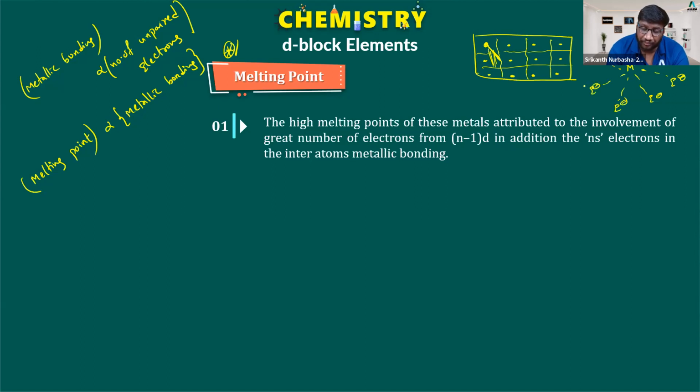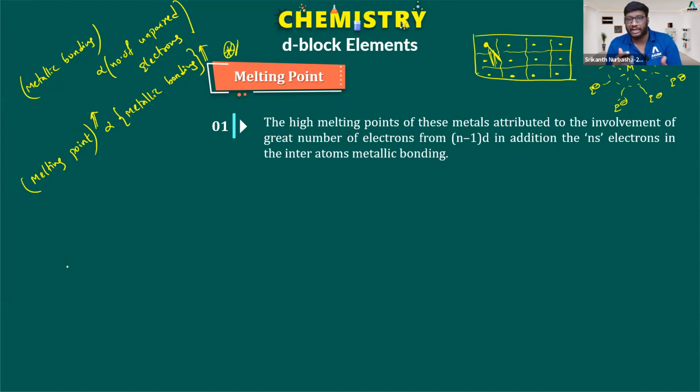What is melting point? Melting point is the temperature at which the melting of the metal starts. What do you mean by that? That means the temperature at which the solid state of that particular substance is going to become the liquid state. If melting is going to happen, can I say that melting is going to disturb the metallic bonding? If it is disturbed, the solid will not be present now. It will be coming into the liquid state. So melting happened. So the stronger the metallic bonding, the higher the temperature I have to give. So the higher the metallic bonding, the higher will be the melting point.